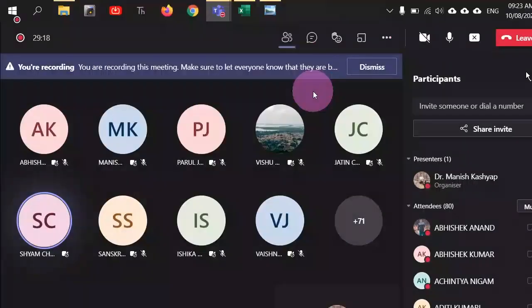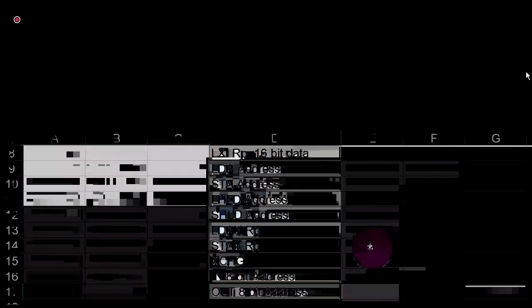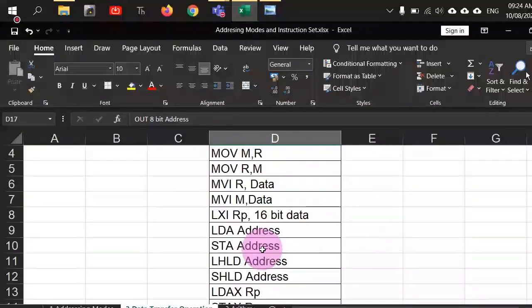Sir, the IN command is used for external device input and OUT for giving instruction to an output device. Yeah, and they are used in which memory mode? They are used in memory mapped input output or input output mapped input output. Yeah, that's true, right? So we are already aware of the IN and OUT commands, so I'm not elaborating that further. So this is the data transfer operation. If you want to transfer the data, these are the set of commands which are available here.